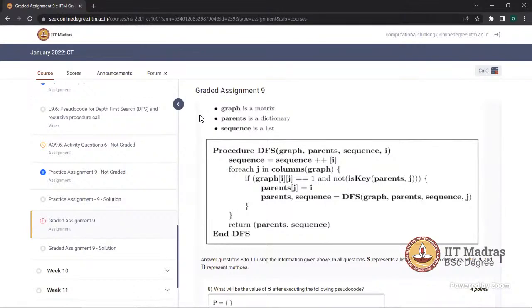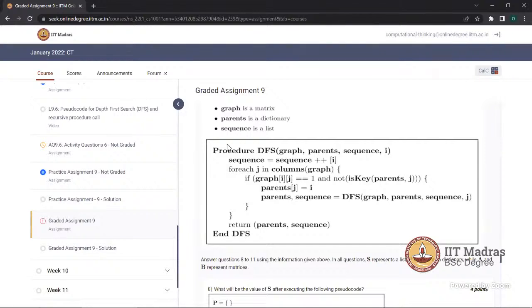In yesterday's assignment, week 11's assignment, question 6 or question 7, can you discuss the graded assignments? Is it only for CT or is it for other subjects as well? Okay, I'll come to that. As I said, weeks 10 and 11 are maybe slightly less important, right? Sure, I completely understand.